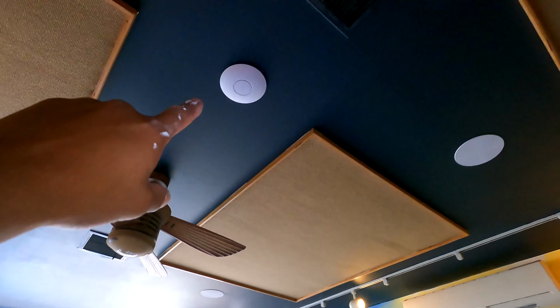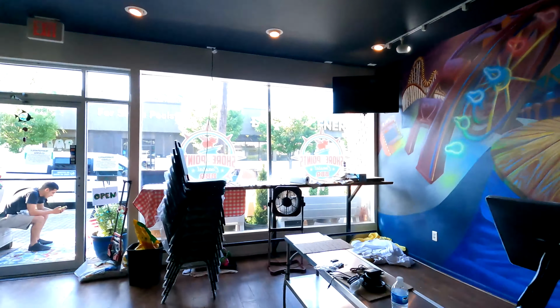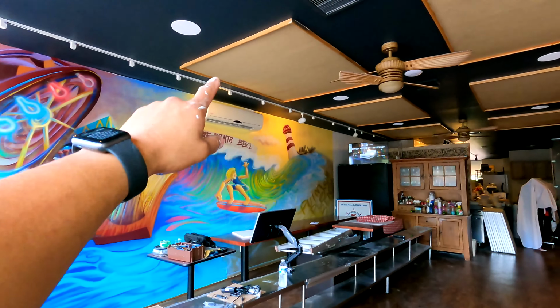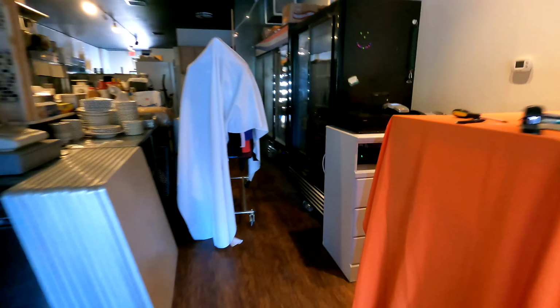Also, we did a Unify access point, but that's another video. Now, this is your working space. Maybe we'll come back and do another little walkthrough. I think actually we're going to shoot the other video. Yeah, we're going to do the acoustic treatments, and we'll shoot that video too,